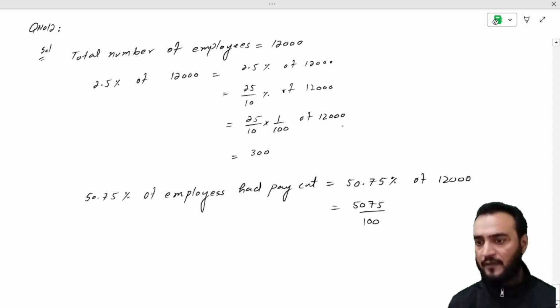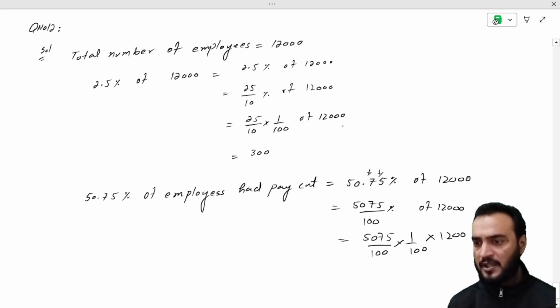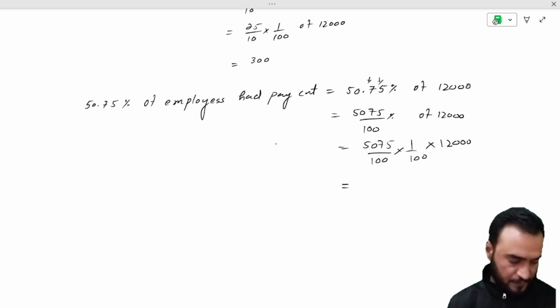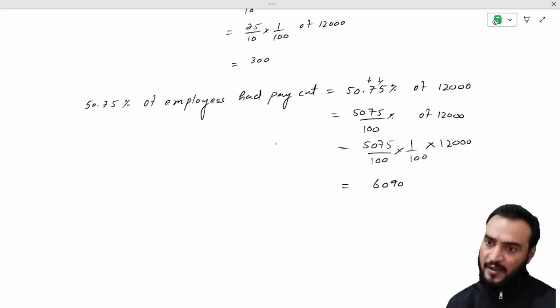50.75% of 12,000 becomes 5075 over 100 percent of 12,000. We have solved the decimal part because there are two digits after the point in this decimal, so we put two zeros after one in the denominator. It means 5075 over 100 times 1 over 100 multiplied by 12,000. After simplifying, we get the number of employees who had a pay cut. This equals 6090, when we multiply 5075 by 12,000 and divide by 100 times 100, meaning 10,000. So there are 6,090 employees who had a pay cut during the crisis, and 300 employees who were